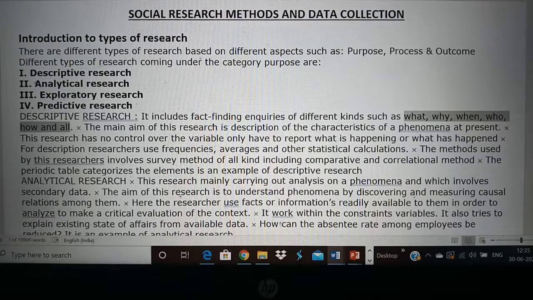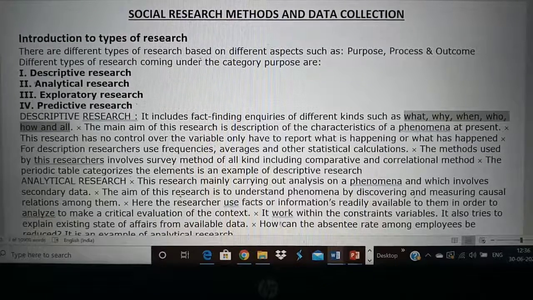So for example, if a person is well educated, then they understand about prevention of HIV, whereas an uneducated person will not immediately understand about the prevention of HIV. Like that, each of these factors or variables plays a part in the outcome of the research. So that is why these variables are very important. In descriptive research, you will be studying all the variables in a detailed manner. That is why it's called descriptive or detailed research.